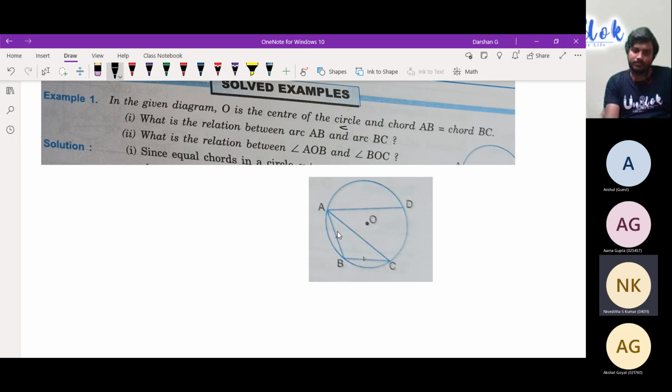So I said using the same property, chord AB. Yeah, so AO, correct. You're right. So AOB is an equal chords. We discussed one of the situations there. So this angle will be equal, irrespective of it being there or not.